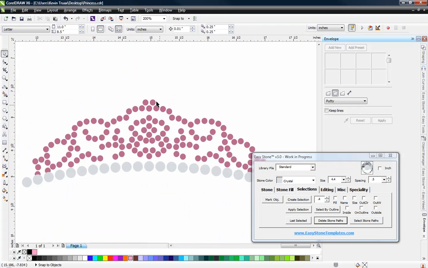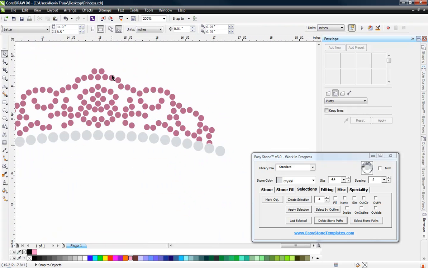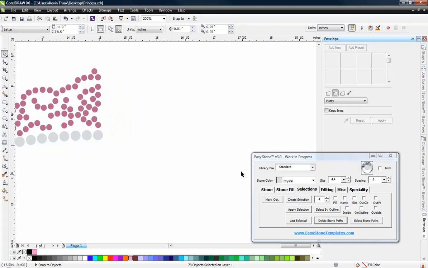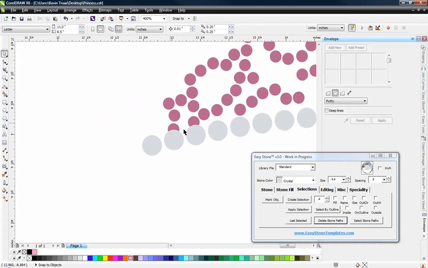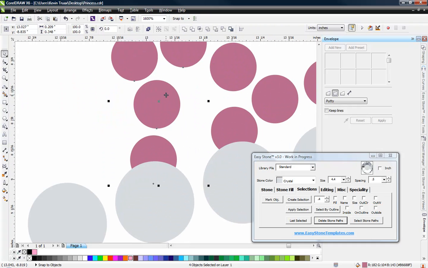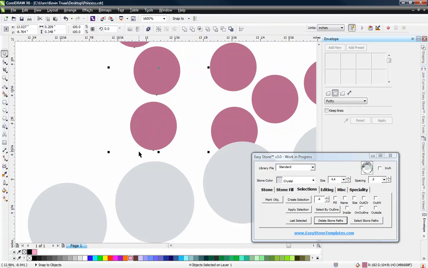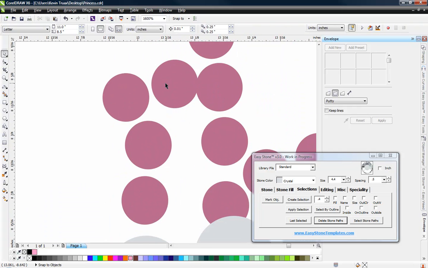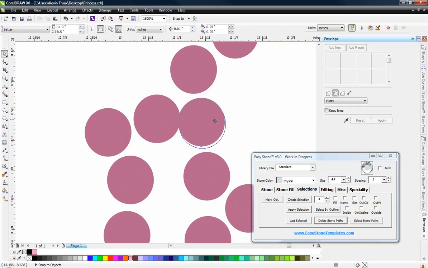Let's go ahead and go back in here, because I do this quite often, especially on a symmetrical design like this. We get to a certain point and we need to make some more edits. Delete half of it and make the edits on one half only, because we got a touching stone here, but I kind of like this design element over here, so we're going to make those not touching and then tweak whatever we need to tweak